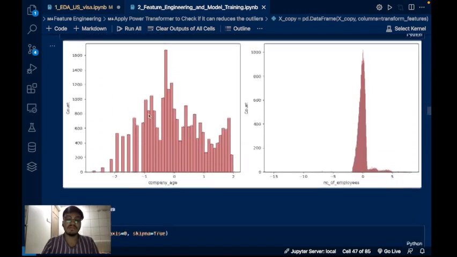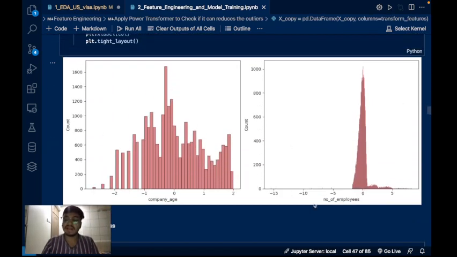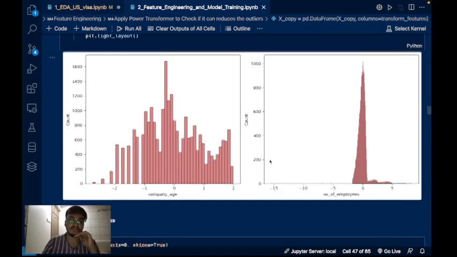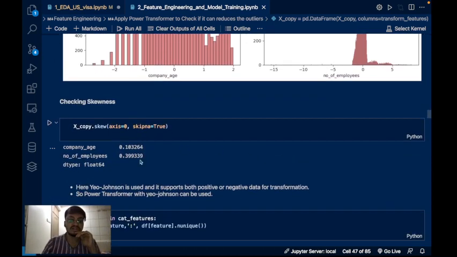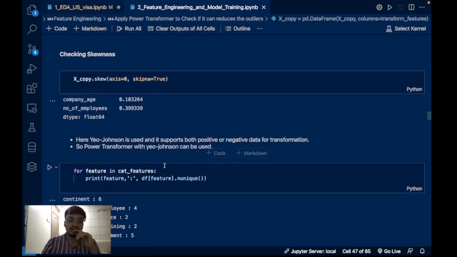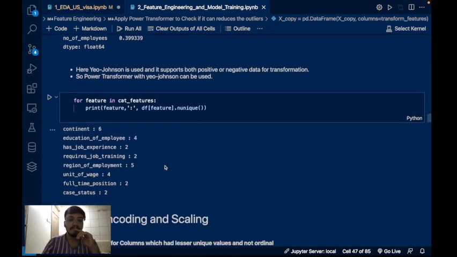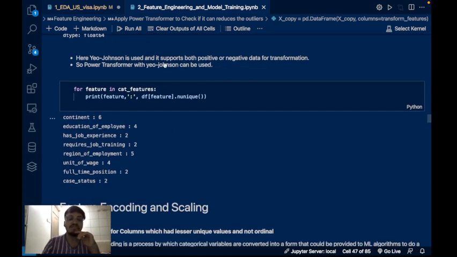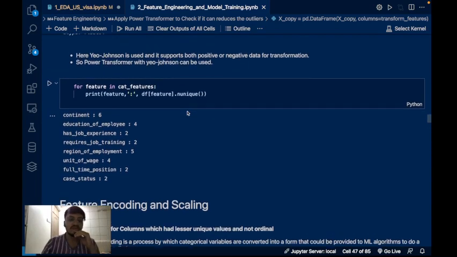Now let's plot them. So we can see that it's more Gaussian now. Okay, so our skewness is fixed here. Now we can check that skewness is less than 1. So very, very low. Okay. And why have we used Yeo-Johnson and not the other one? Because Yeo-Johnson supports both positive and negative data for transformation. So we have used that one because we had,